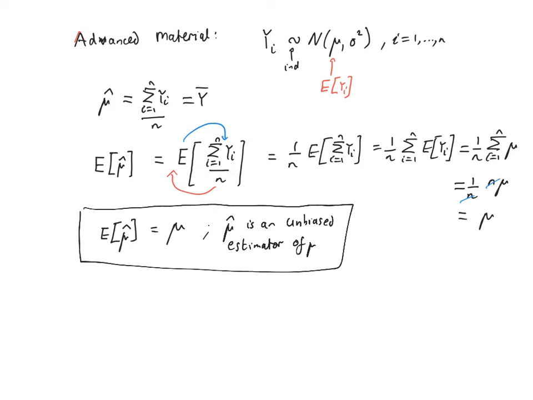Mu hat is an unbiased estimator of mu. Well, it means if we do the following procedure. If we take a sample of data, and if we then use that sample of data to work out the estimate mu hat, and then if we repeat that procedure an infinite number of times,